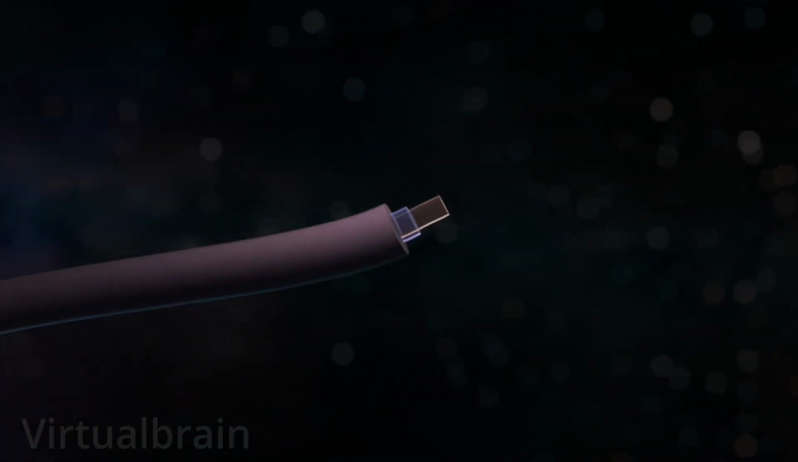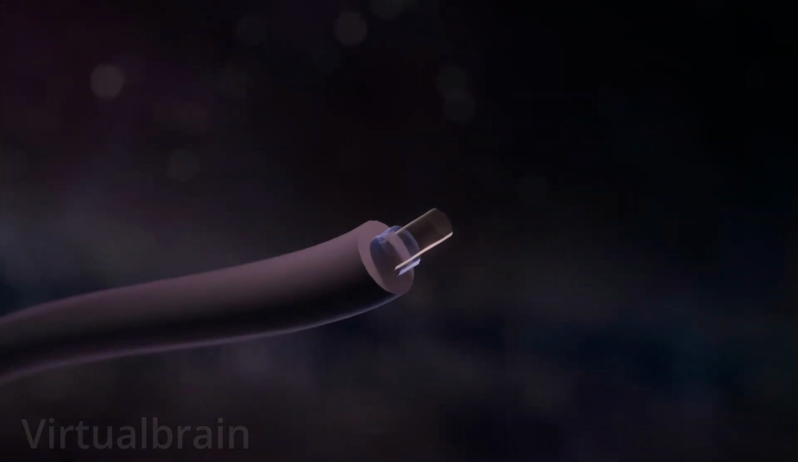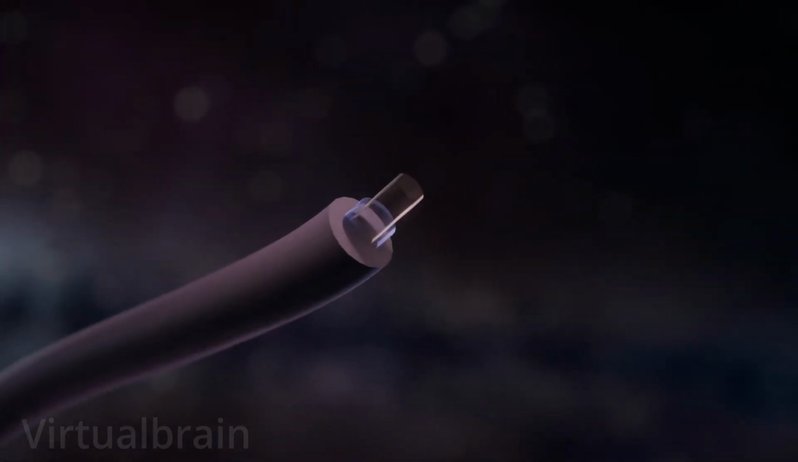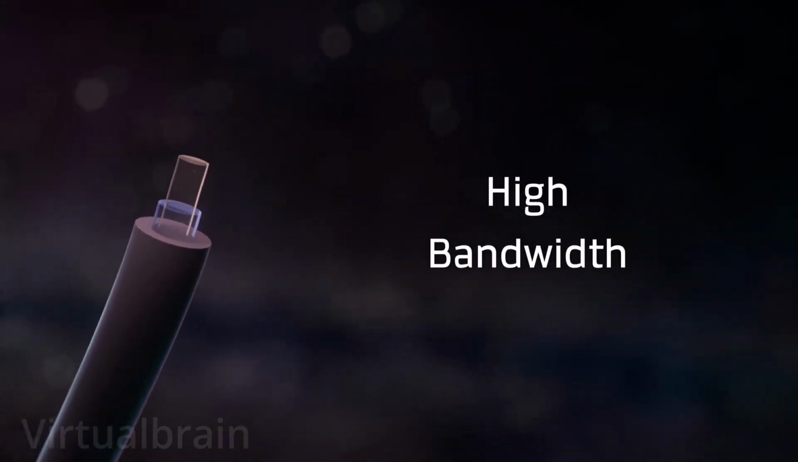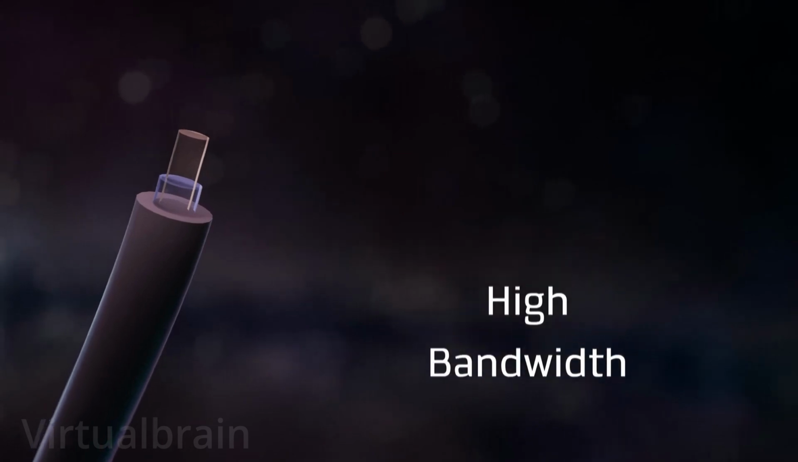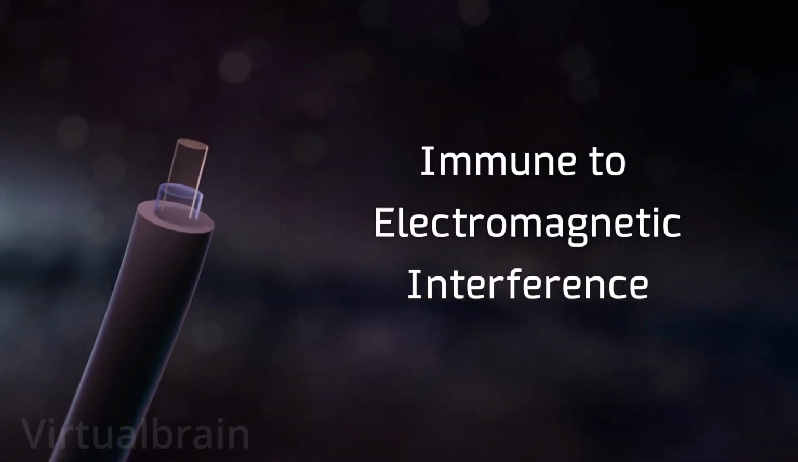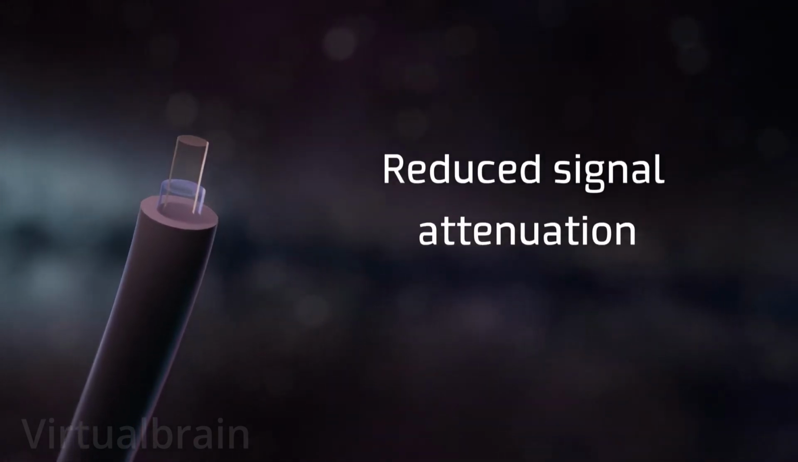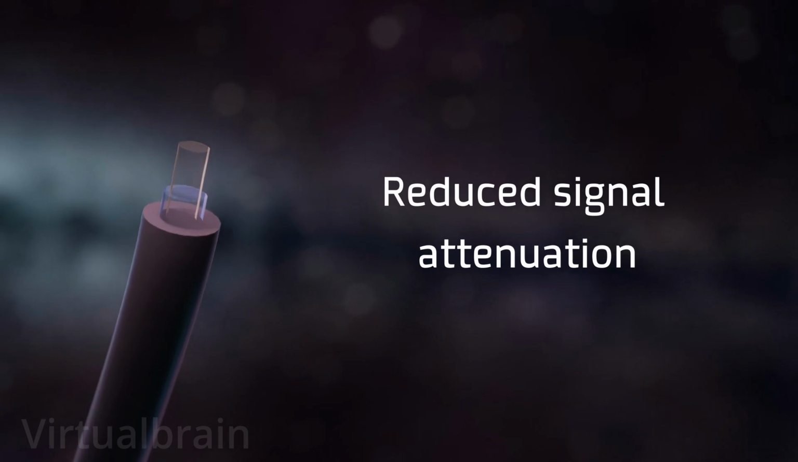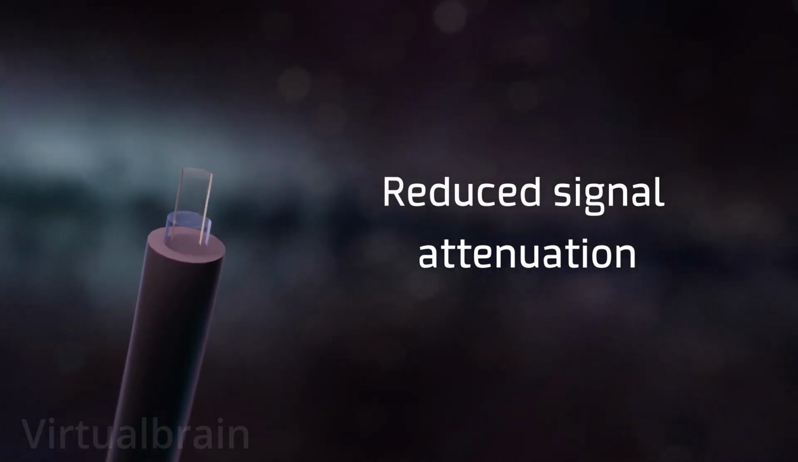Fiber optic cables have several key advantages over traditional copper cables, making them the preferred choice for modern communication networks. First, they offer higher bandwidth and data transfer rates, allowing for faster internet speeds and more efficient communications. Second, they are immune to electromagnetic interference, ensuring a more reliable and stable connection. Third, fiber optic cables experience lower attenuation and signal loss compared to copper cables, allowing for efficient data transmission over